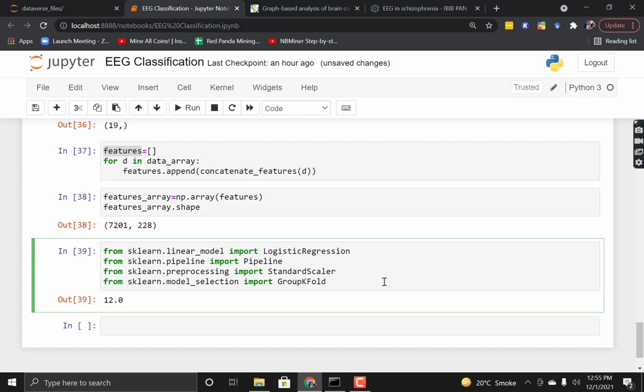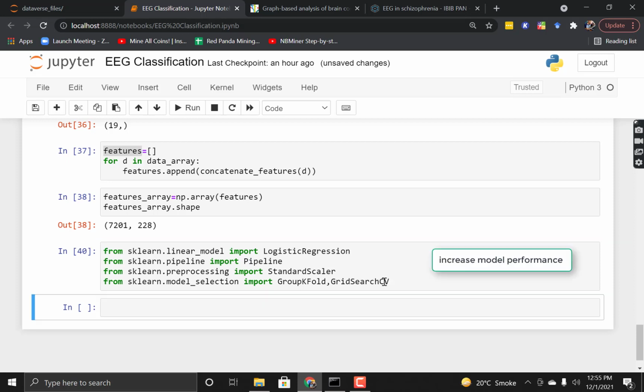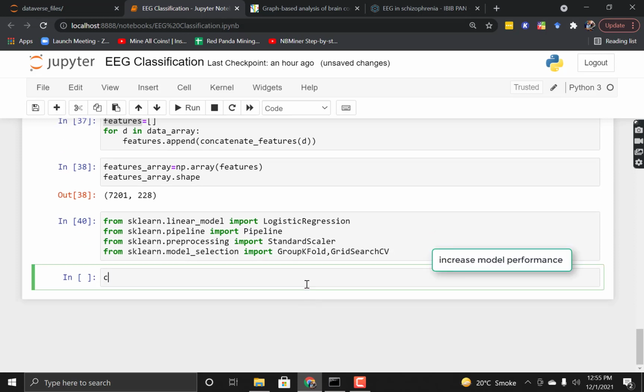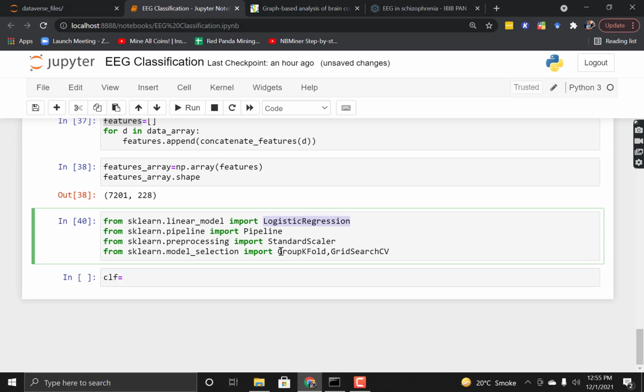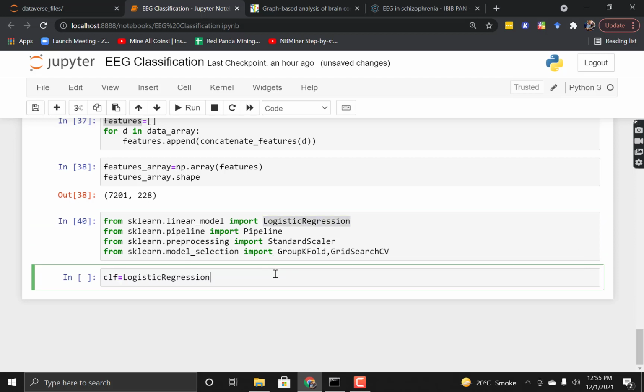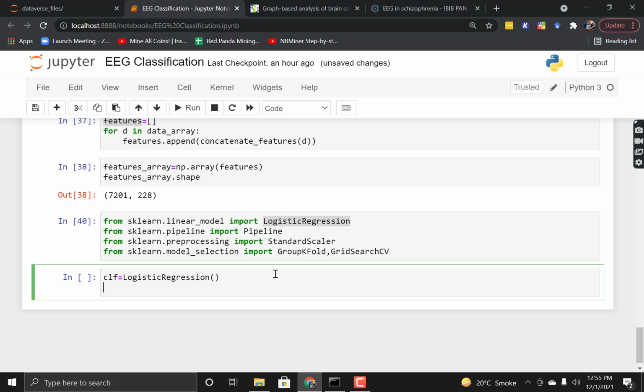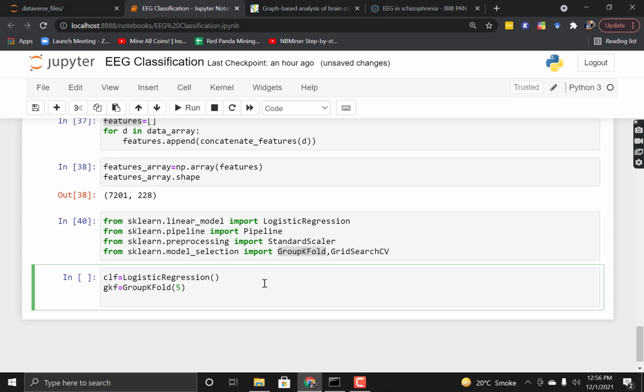Here I can also use GridSearchCV for the hyperparameter tuning. This will just speed up our performance. So first define the classifier, which is logistic regression. Next I have to define the group k-fold, which can be GKF, equal to GroupKFold, and I will define 5 groups. You can define 10 groups, or maybe 14 groups. Then I have to define a pipeline.